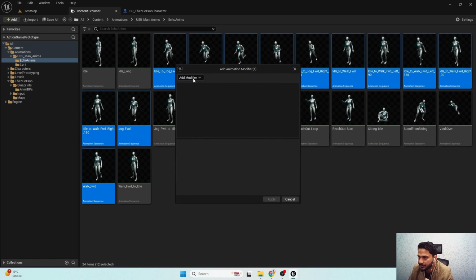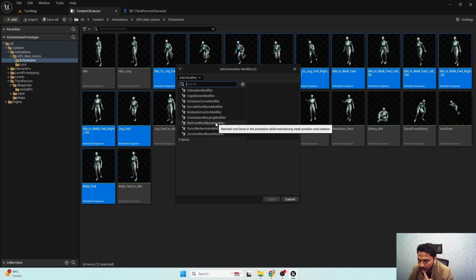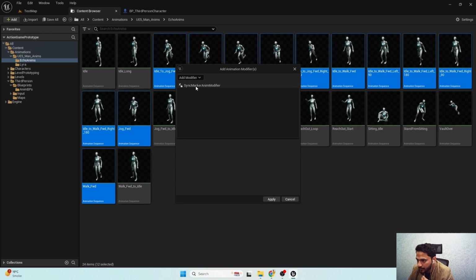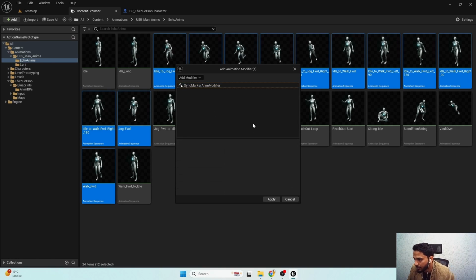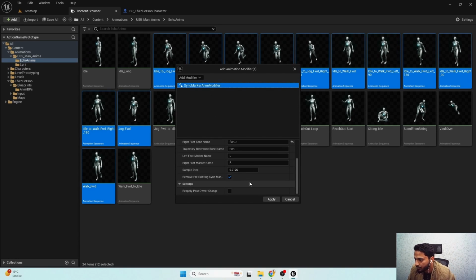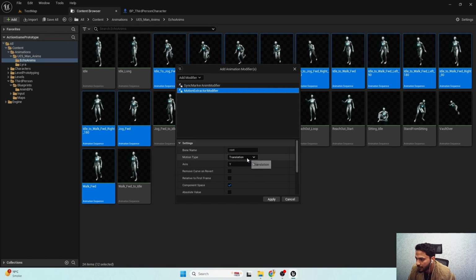and add modifiers. So first we need to add the sync marker modifier and set the properties to foot_L and foot_R. Okay. And the next modifier would be the motion extract modifier, which will be our speed, at which speed our root is moving. So we use the translation speed in all XYZ axes